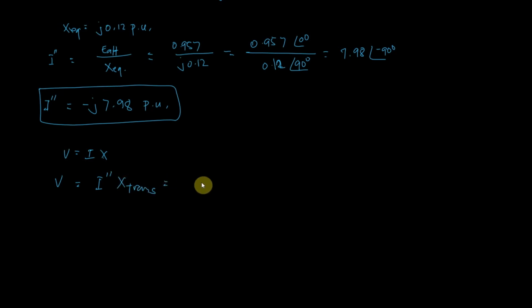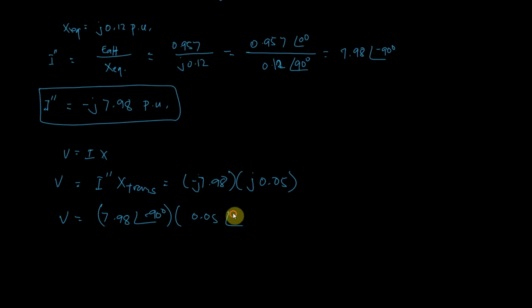Okay, so yung ating sub-transient current is negative j 7.98, and then yung ating transformer is j 0.05. So therefore yung ating V is equal to 7.98 cis of negative 90 times 0.05 cis of 90 degrees. Okay, so magka-cancel out lang yung ating angle. Magiging voltage natin is equal to 0.399